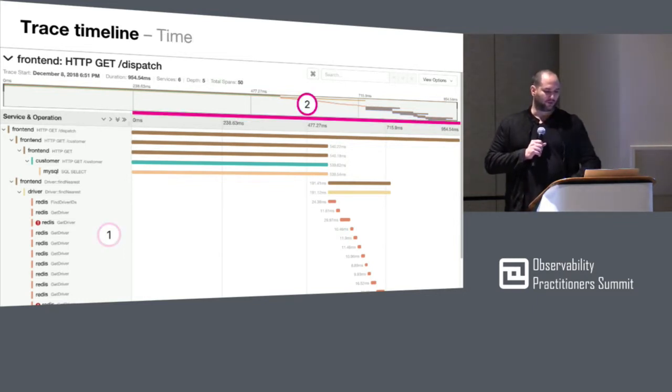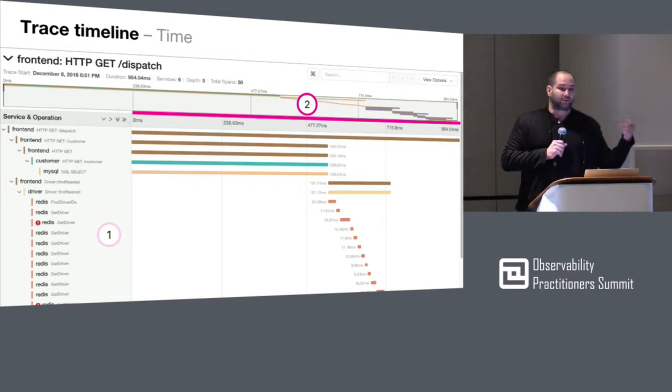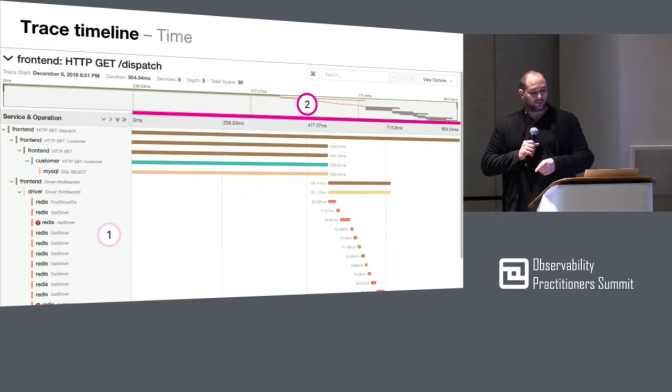And if we look over here on the right, we have a time-based mapping. So this is where the Gantt chart kicks in. We can see the root node, the top node, extends for the full length of the trace. It's the full duration. Its child, its first child, is more than half. And so from this view, we can kind of sense the timing of the parent-child relationships and the